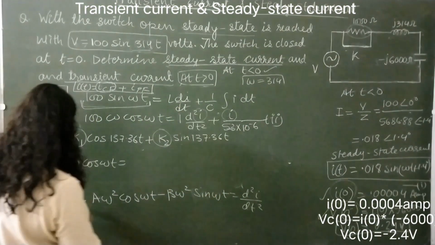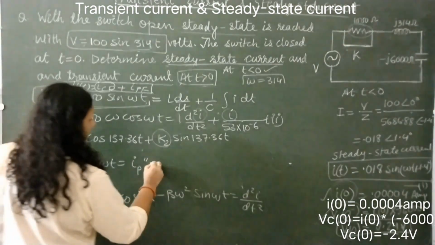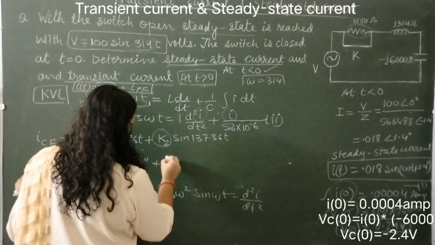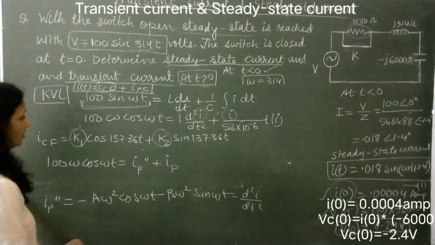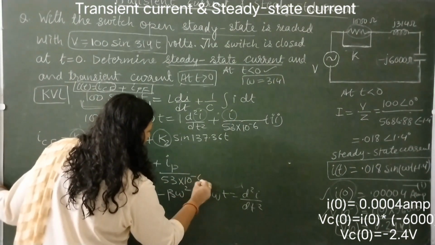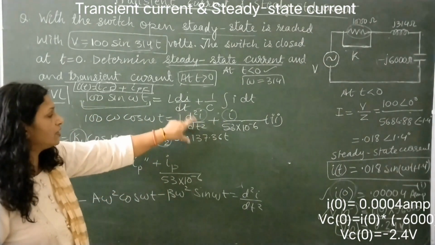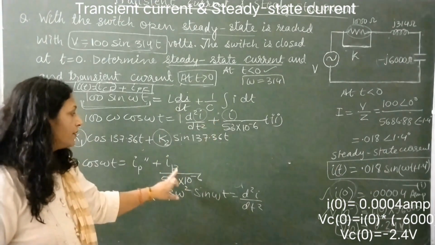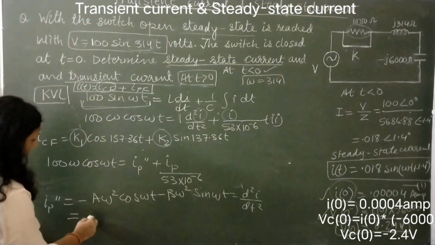तो डी टू आई क्या है हमारा, दिस मच आई पी डबल डैश, ठीक। और हमारा आई क्या था, आई हमारा जो हमने ए कॉस ओमेगा टी वो लिया था, तो उसको लिख लें हम आई पी, ठीक। तो ये है हमारी, और इसमें हमारा सी भी प्रेजेंट है। तो ये हमने वैल्यूज रख ली। यहाँ पे हमने आई को आई पी, डी टू आई को डी टी स्क्वायर को आई पी डबल डैश लिख लिया, और इसको हमने आई पी लिख लिया, ठीक है।